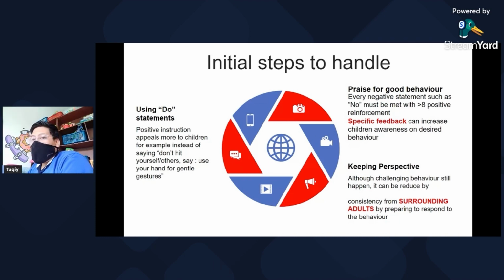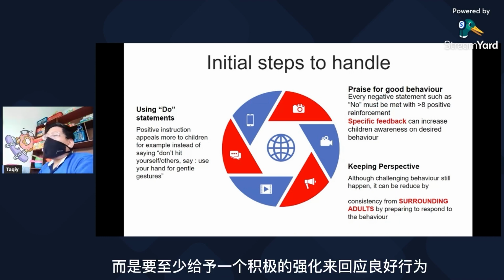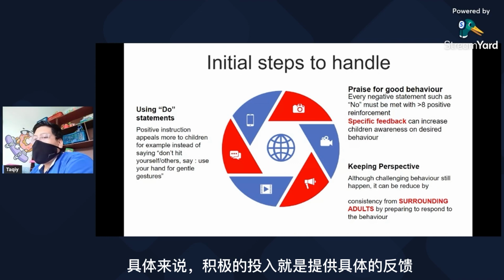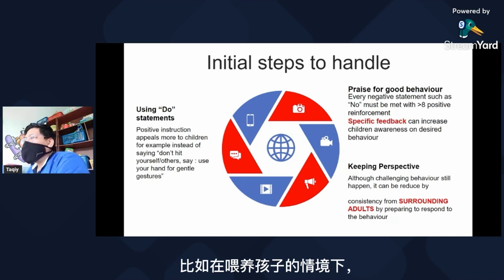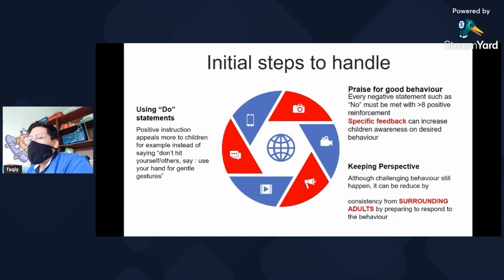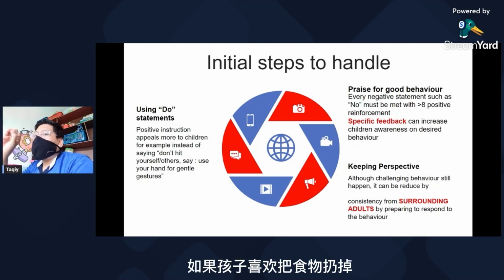Okay, another one is praise for good behavior. Like I said just now for the do statement, every negative statement such as no or don't, or anything that cannot be done, needs to be met with at least one positive reinforcement. Positive reinforcement, in other words, is specific feedback that can increase children's awareness of the desired behavior. For example, in a feeding situation, let's say the child likes to throw away food.